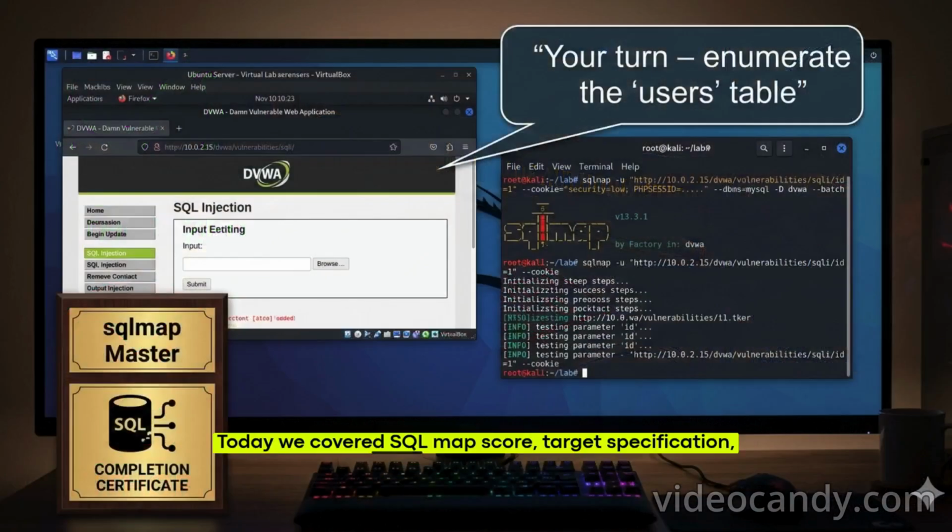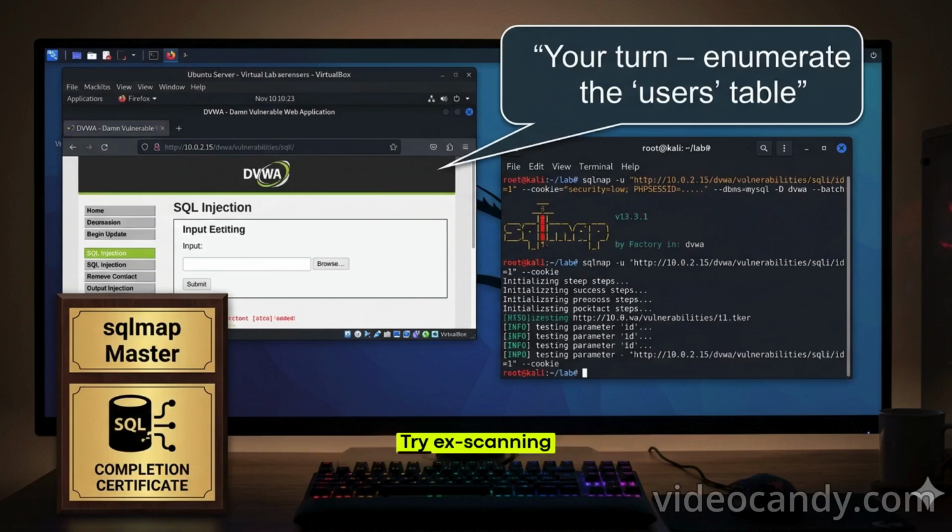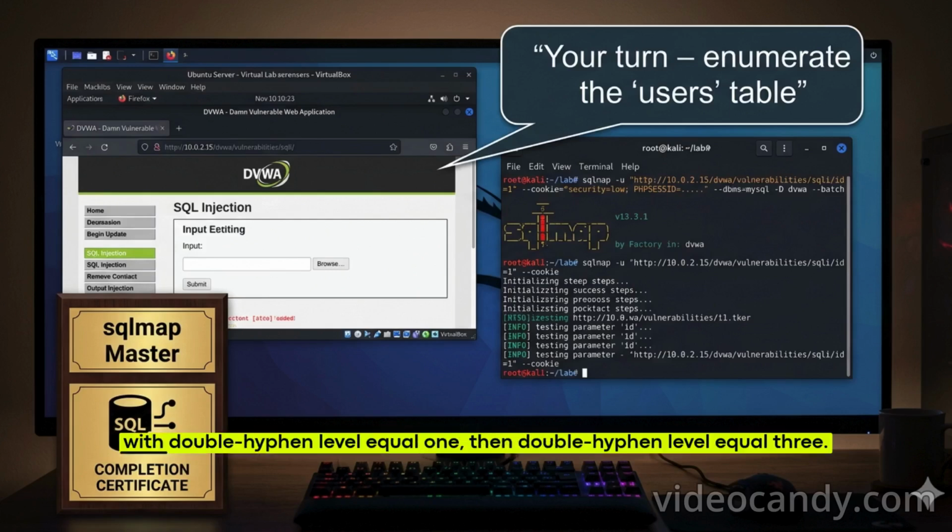Today we covered SQLMap's core, target specification, request tuning, detection level, enumeration, file access, OS shell, tamper scripts, and performance. Your task now: set up a deliberately vulnerable VM like OWASP WebGoat or DVWA. Try scanning with "--level=1", then "--level=3".